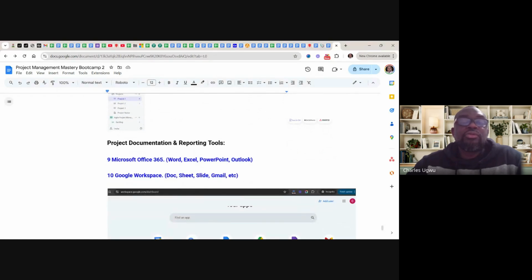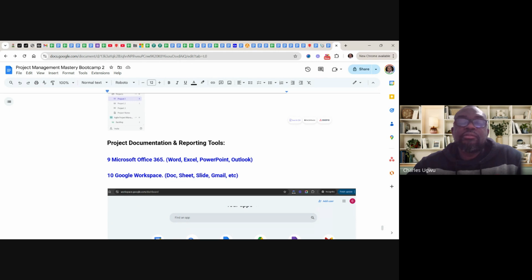Then we have other tools. We have tools, you know, to create documents. We don't just collaborate. While we collaborate, we create documents. And the documents we create, we don't create only project plans. Yes, we can say we use ProjectLibre, Microsoft Project to create a project plan. But is this project plan the only document we create in a project? The answer is no. So that brought us to this